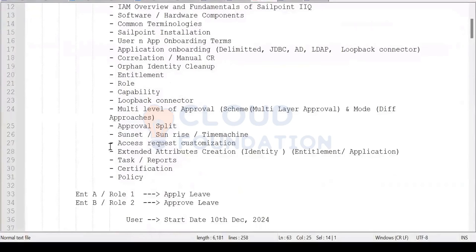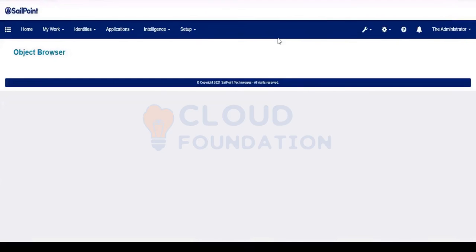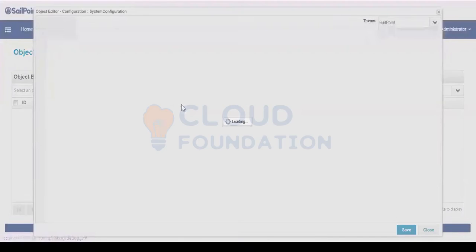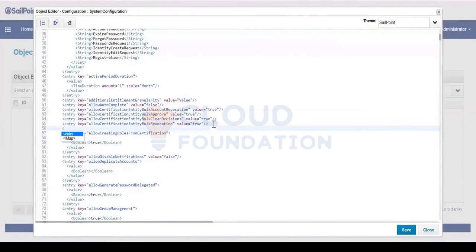System property. We talked about the sunset. I'm going to enable the time machine now. Go to system configuration, and we have to enable the entry key equals value.